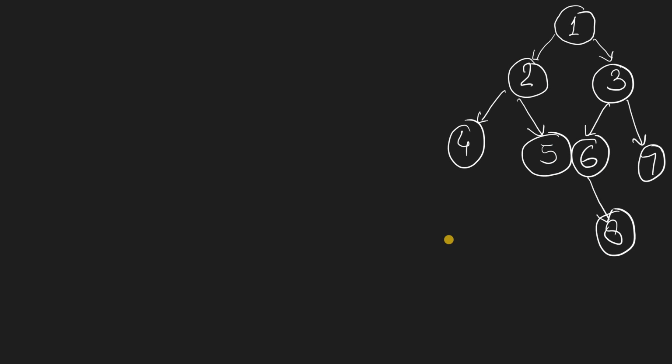Okay, so let's take this example. So what will be the top view for this? Top view will be again 4, comma 2, comma 1, comma 3, and comma 7, right? So if you have watched the vertical order traversal video, so you already know to print the vertical order traversal of this particular binary tree, what we need to use one queue,